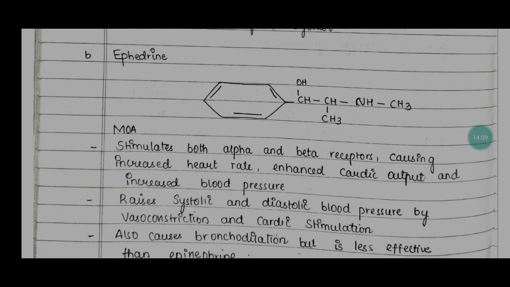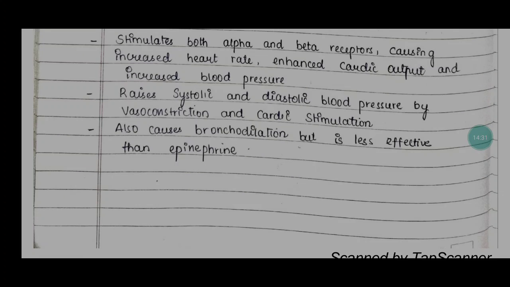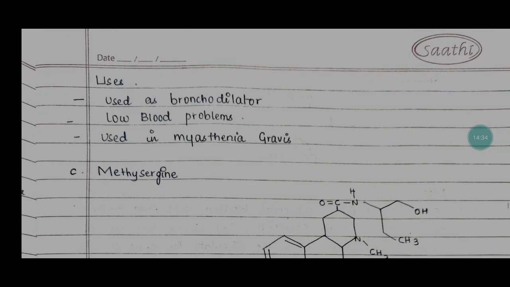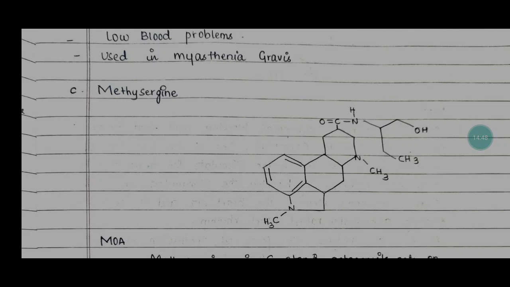and beta receptors, causing increased heart rate, enhanced cardiac output and increased blood pressure, raising systolic and diastolic blood pressure by vasoconstriction and cardiac stimulation, and also bronchodilation, but is less effective than epinephrine. And the uses: it is used as a bronchodilator, in the treatment of low blood pressure, and it is also used in the treatment of myasthenia gravis. Number C, methysergide,